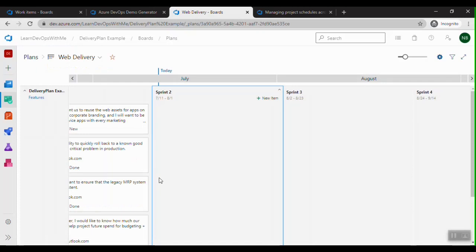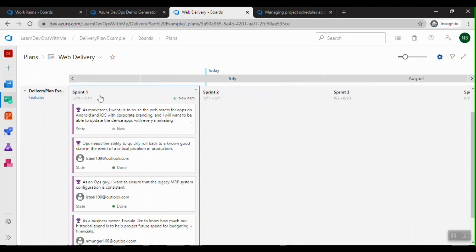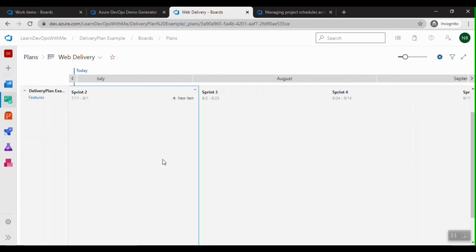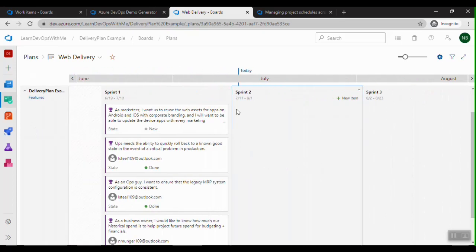Yes, so we have the delivery plan created, and I can see that we have this calendar view where I can see multiple sprints running, based on the team project I created and based on the sprint cycle.